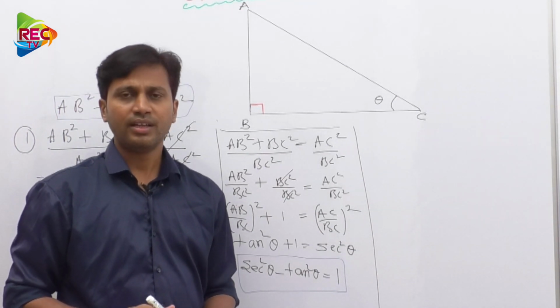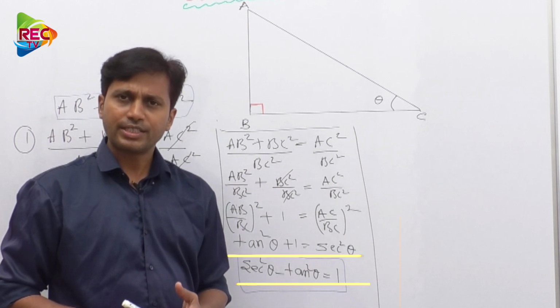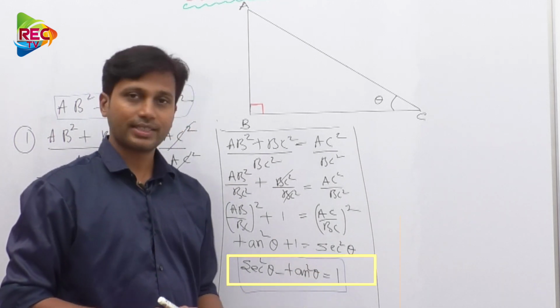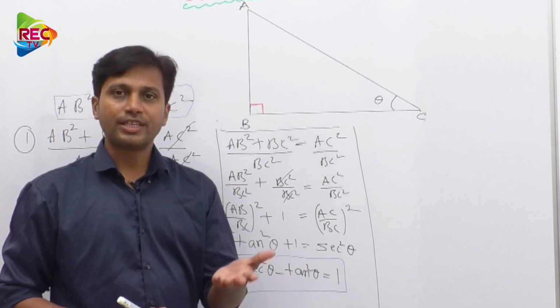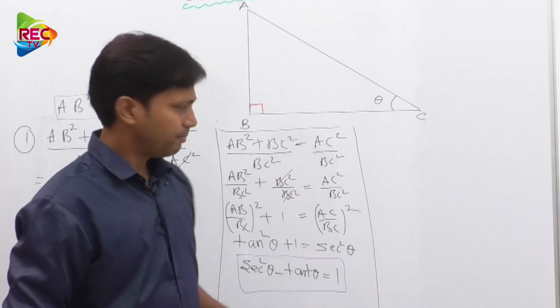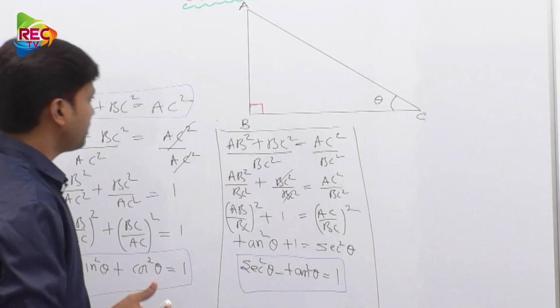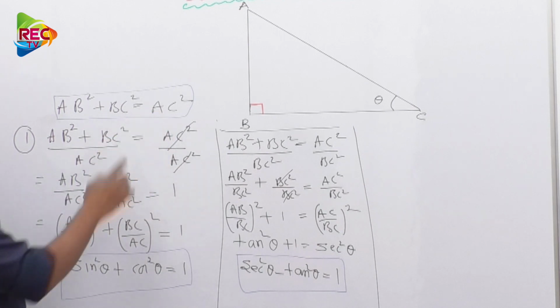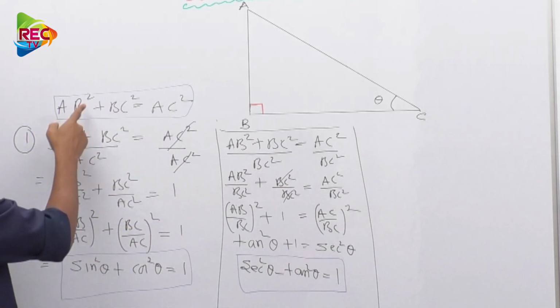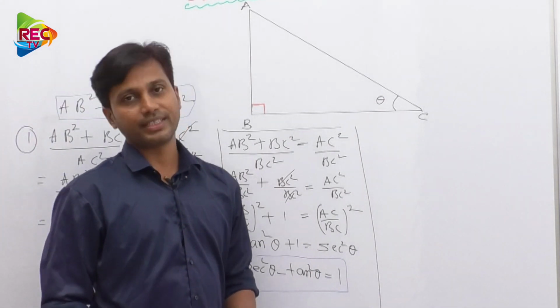Again I am telling you that whatever complex problems you are doing, even the complicated applications also can be solved by using this basic. Only the approach will be changed as you go to the higher standards. Okay, but the basic remains the same. Anyways, now let us do one more experiment. Till now we have divided with AC square on both sides and BC square on both sides. Now let us do the division with AB square. Then we may get another relation. What is it? Let us see.